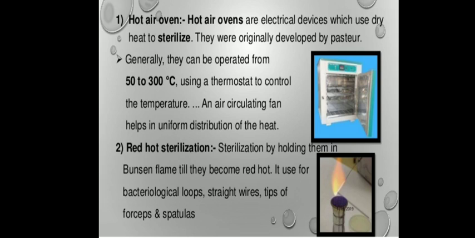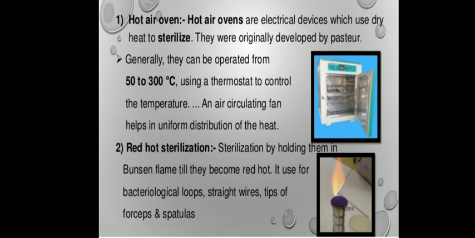Now while performing the different types of practicals, we use inoculating needles or bacteriological loops, then straight wires or forceps or spatulas. These different materials, generally what we do, we directly keep this inoculating loop on the Bunsen burner. What do you do? You hold your loop on the Bunsen burner till it gets completely red hot. When it gets completely red hot, all the types of microorganisms present on the loop